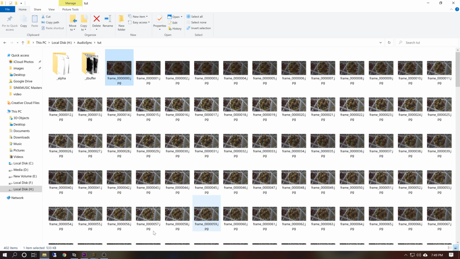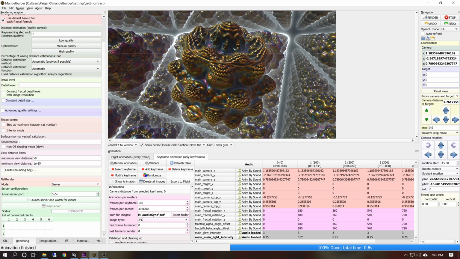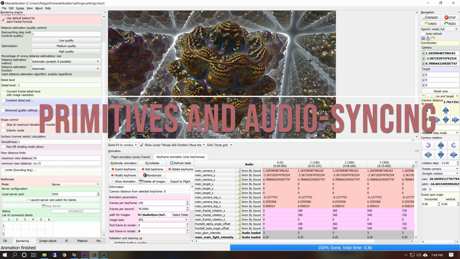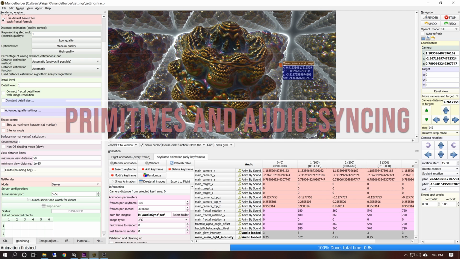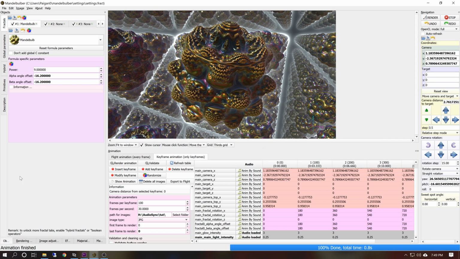But is that all we can do, you ask, Steve? Is that all we can do? No, we can do more. We can do lots of things. We're going to start adding some primitives, and we're just going to start making them dance around to the music as well. We'll go over here to Object,